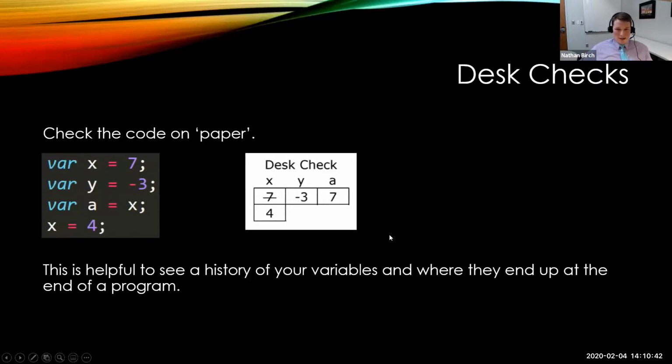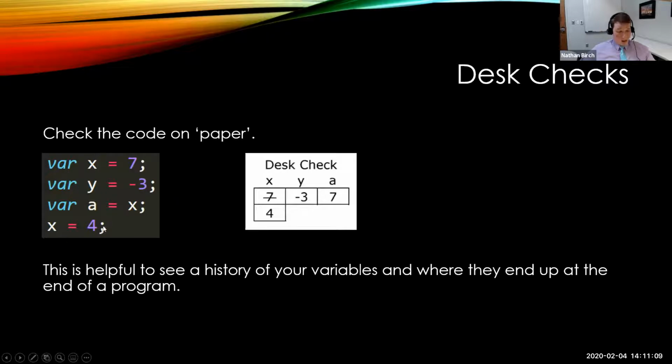All right. So desk checks. I have gotten a number of questions on our desk checks this week, so we're gonna look at some of those. But really, all a desk check is a way for you to step through your code sequentially, one step at a time, and to see what is being held in variables at different points of time throughout your code execution. All right. So I have var x equals 7, y equals -3, a equals x, and then x equals